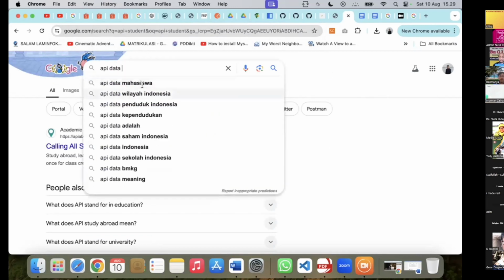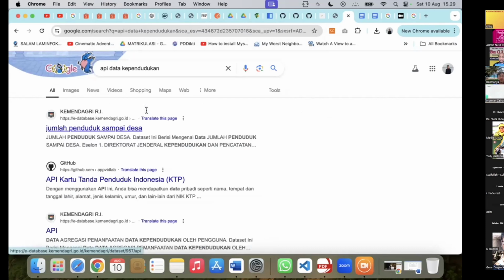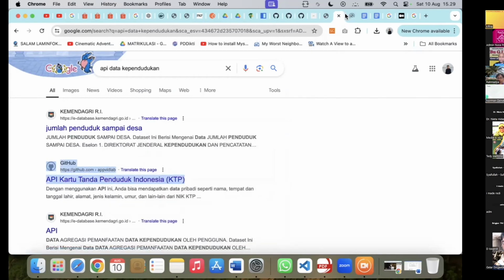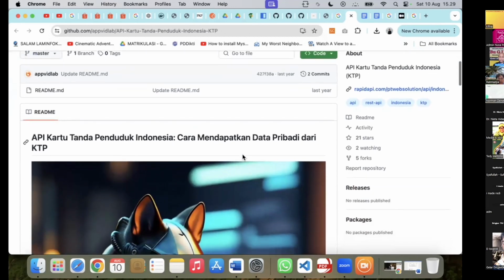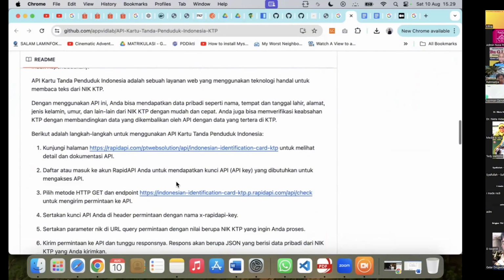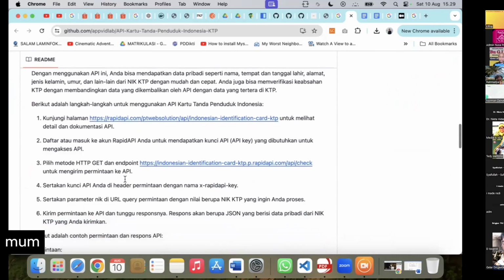Where is the API? Population of Indonesia, population data. Wait a moment. There is a... oh, yes.